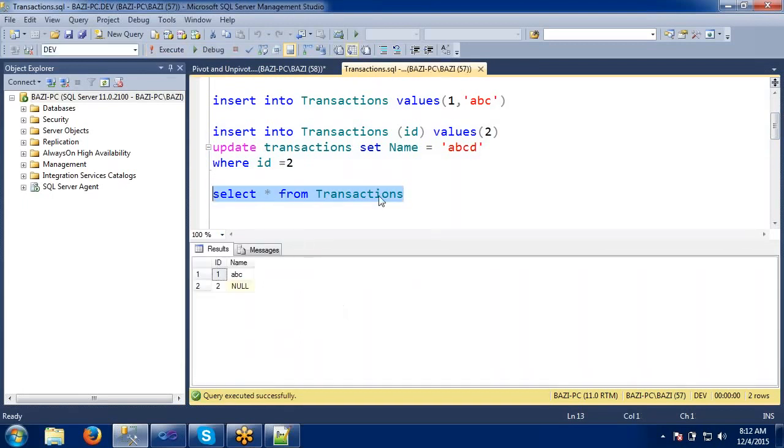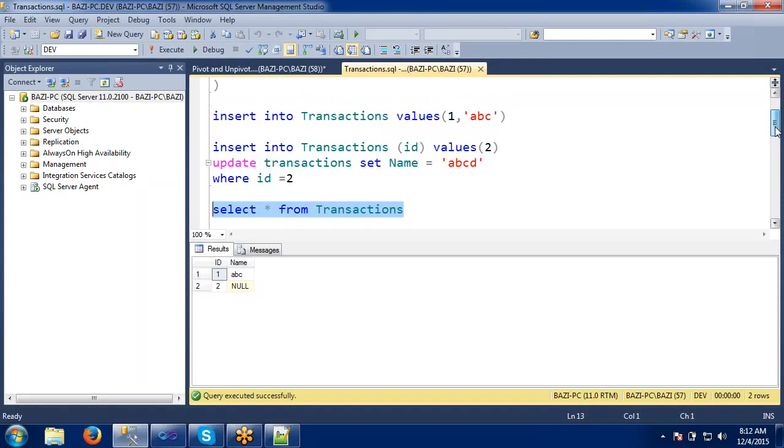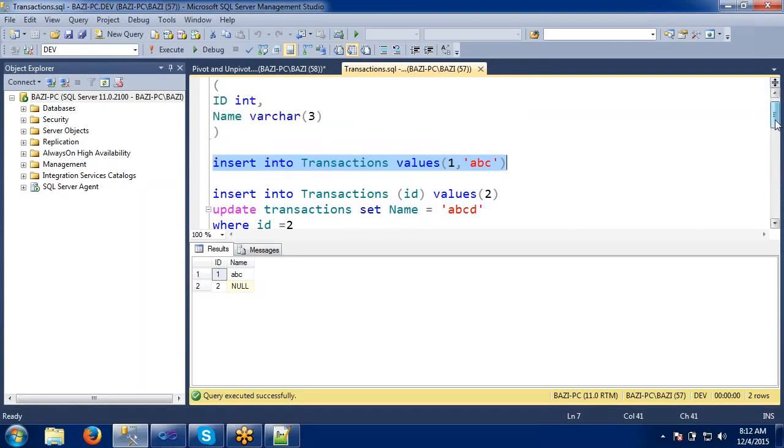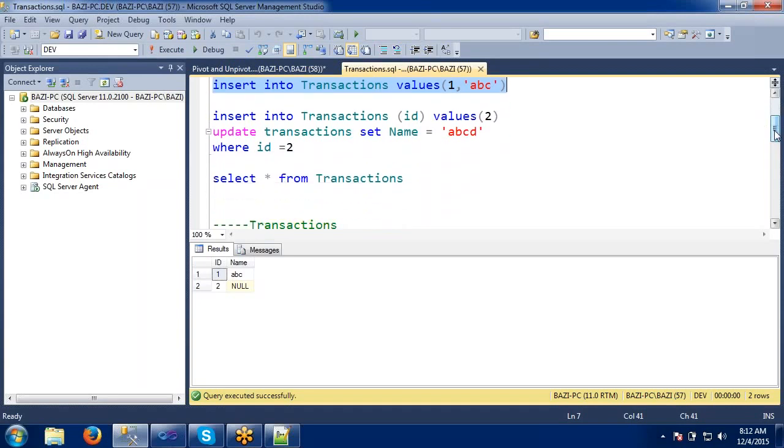See this one, when I am inserting the second column, the normal insert I have given here, it has inserted ID equals to 1, and the value for the name is ABC, just 3 characters, that's why it is taking as an insert here. Why? Because the name varchar is 3 here, that's why it's taking fine. When I'm doing the same concept, I inserted the ID value 2, specifying the different value at a time actually, and updating this column where this ID equals to 2.